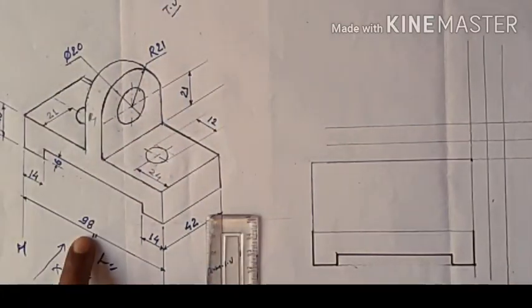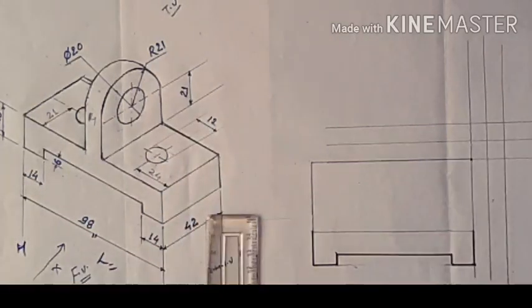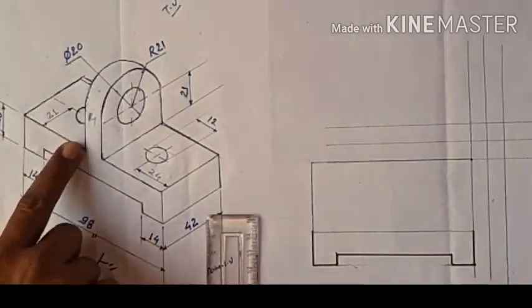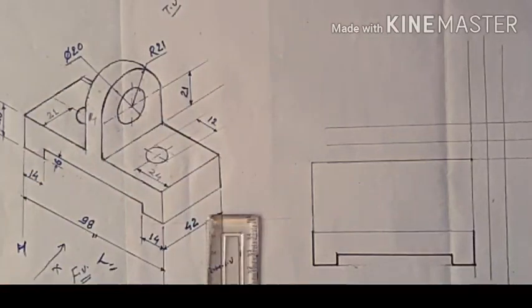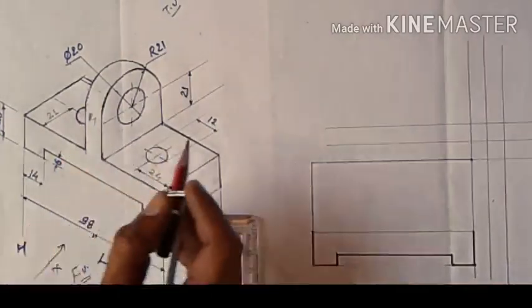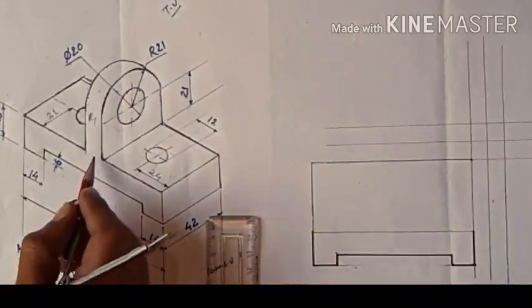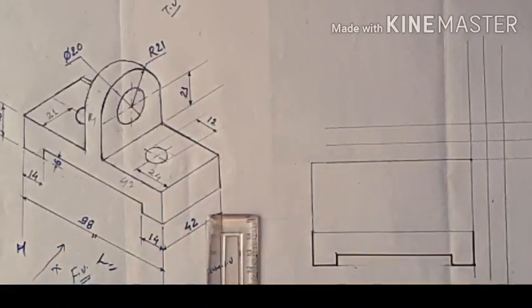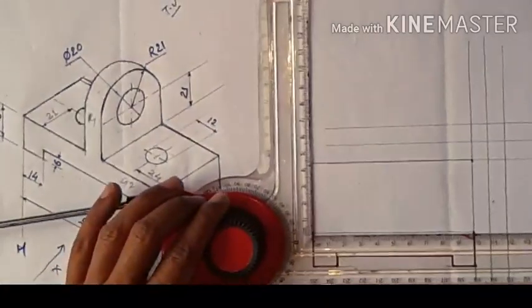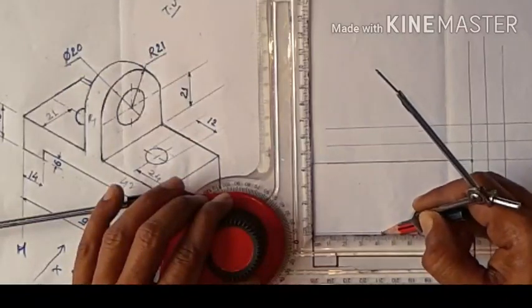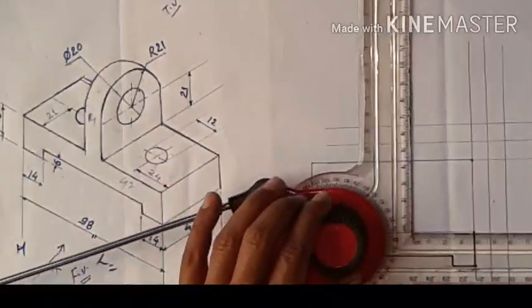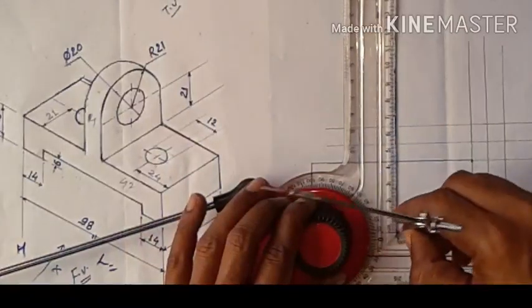Easily calculate. This is 98 mm, this is 14, this is 14. So this is 42, and again this is 42. Remember, I forgot to put the dimension, so again the dimension is 42 and 42. What about 42? That is 84, and remaining is 14. So the total distance from this is 42. Put 42 from both the ends towards the inside. So this is your 42, and from here again this was 42.